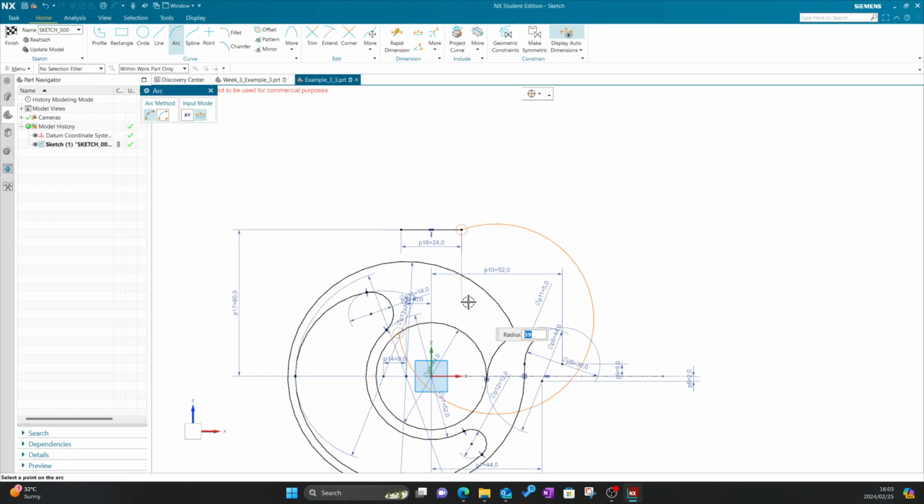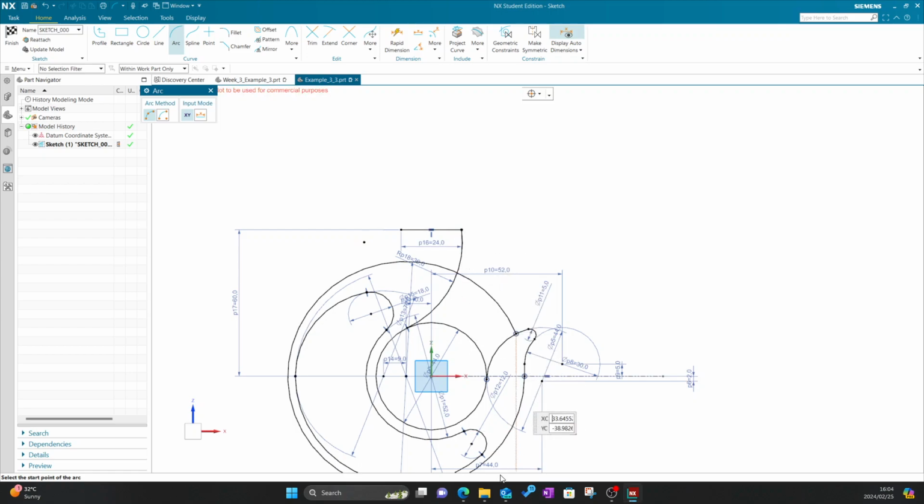So if you move your cursor there, it will change, but you can see, okay, that's not the correct line. If you move it to the other side, that's also not correct, and that's also not correct. So the one that you're looking for is this one. So that's just by moving my cursor to the left or right. So NX automatically detects where you want to place that circle. So placing it close to where you want to put it actually, you can create it,